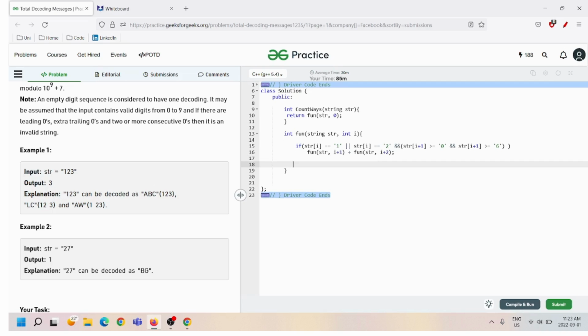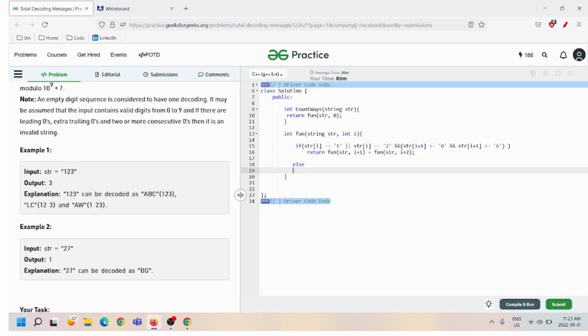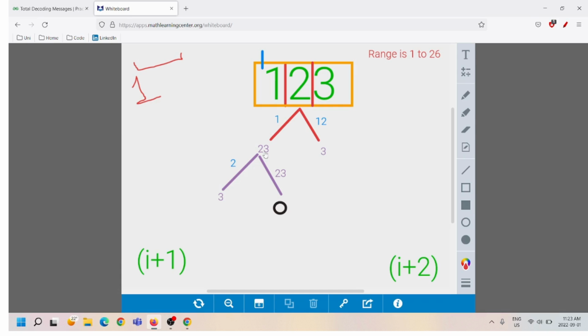Now here comes one extra thing. What if this is not the case for 2? What if 2 is paired with 7? In that case, let me just add a return statement here. In that case, I'm going to return str, I plus 1, because if it was 27, for instance, then what would be